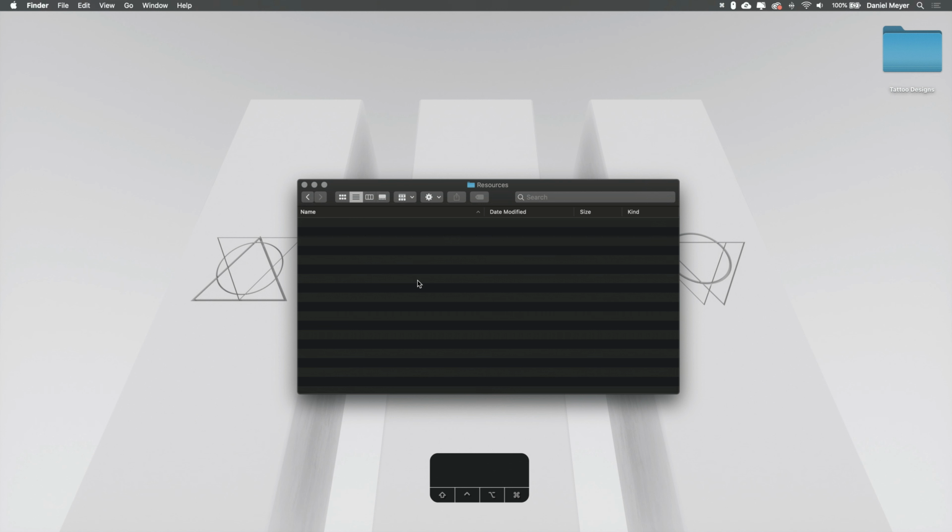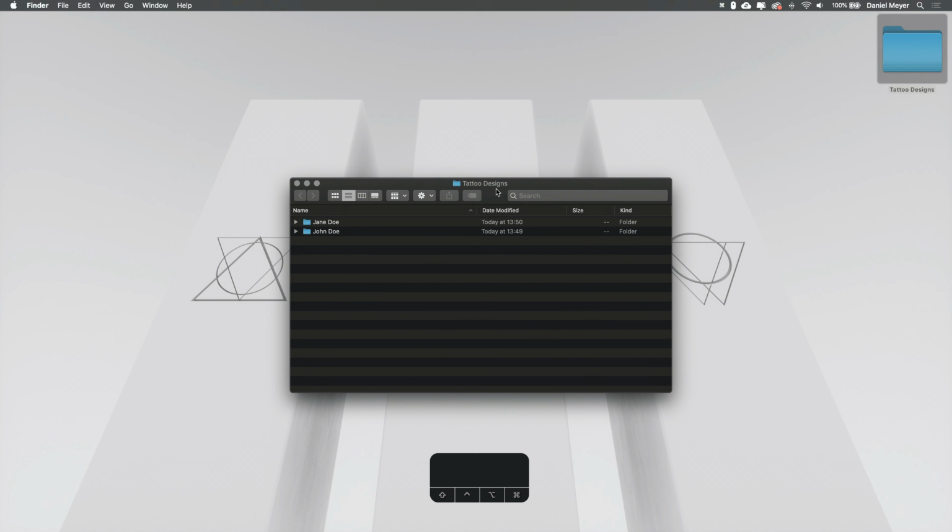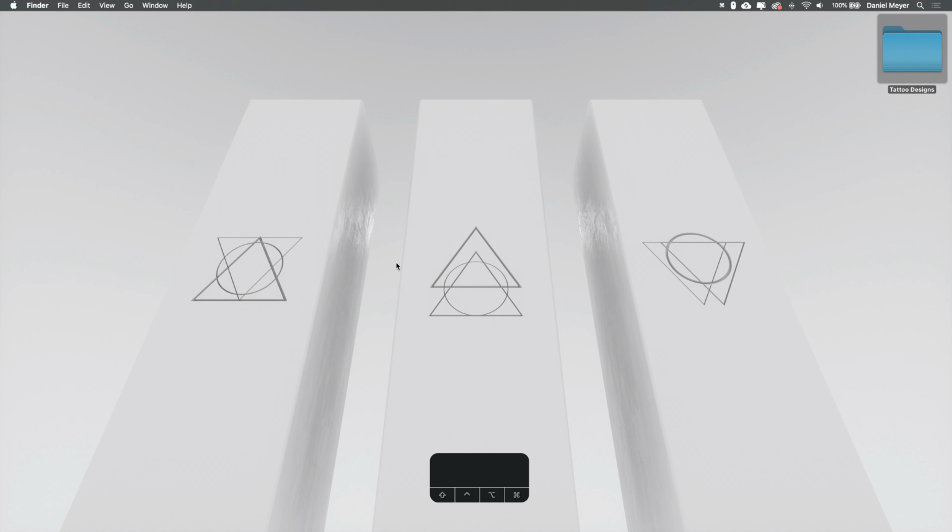Another thing I can highly recommend you is to use a cloud service for your tattoo design folder. There's multiple out there, from Apple, from Google, from Dropbox. It doesn't matter, whatever works the best for you. If you keep all your tattoo designs always synced in the cloud, then whatever happens during the tattoo session, let's say your computer crashes and you need to borrow another computer, you can always access all your tattoo designs, because you don't want to be in the situation you have to start tattooing and then your computer doesn't work or something happens and your design is only on this malfunctioning computer.